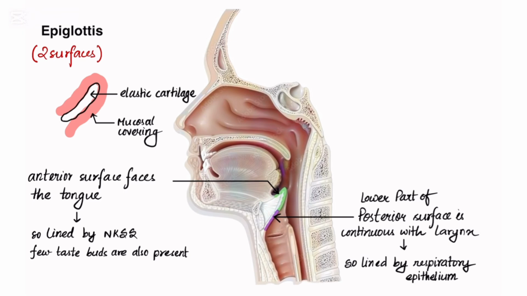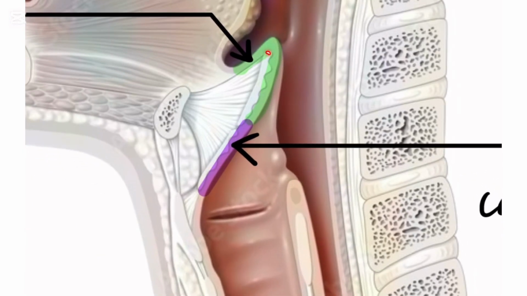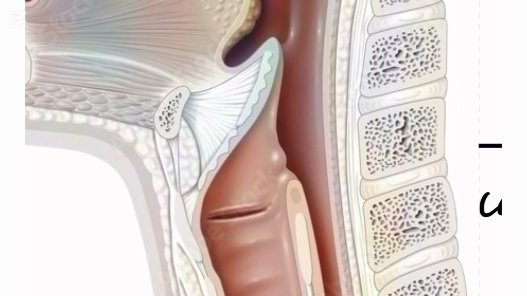Structurally, epiglottis contains a core that is made up of elastic cartilage. And this core made up of elastic cartilage is covered by a layer of mucosa. You can see right here, here's the core made up of elastic cartilage, not your core, but the core of your epiglottis, which is covered by mucosa. Since it has a mucosal covering, it is obviously going to have a mucosal epithelium lining its surface,